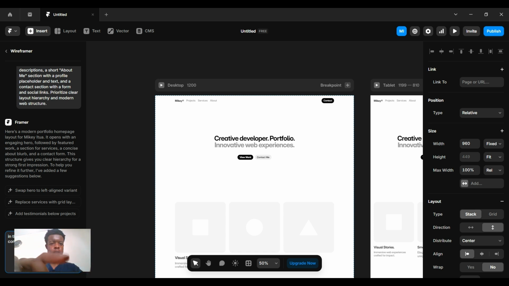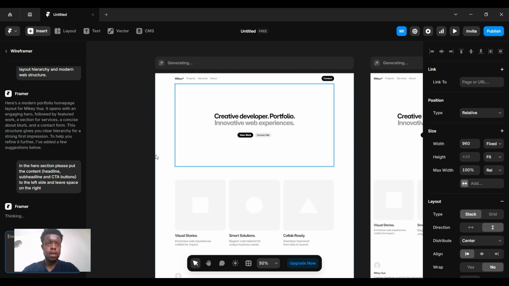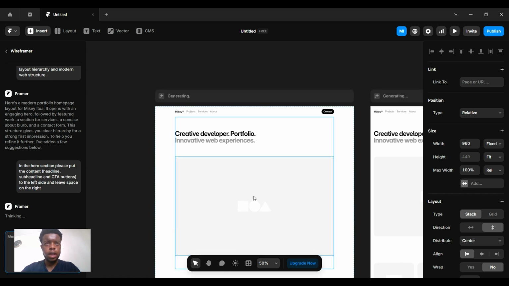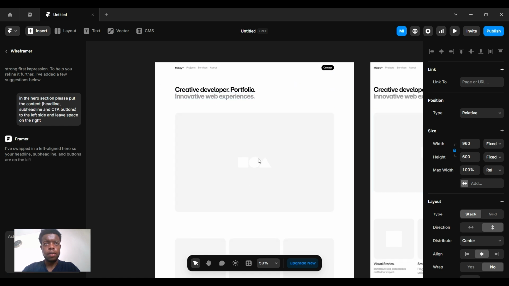I'm going to specify what it is as well. I'm going to put headline, subheadline, and CTA buttons to the left side and leave space on the right. And let's see what it does. So hopefully it recognizes which section is the hero section as it's thinking, and hopefully it shifts all the content to the right. Okay, so it did do that, but